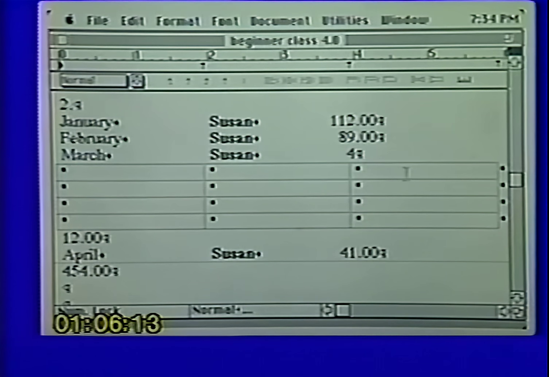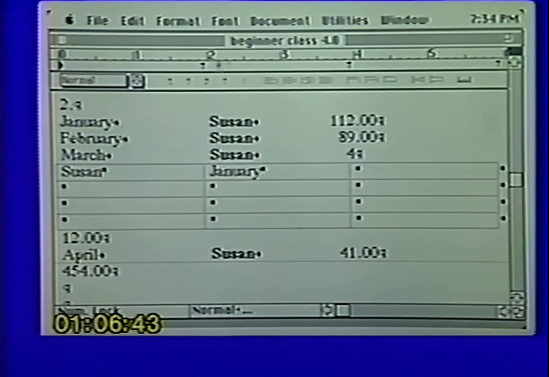Now that I've got my little grid showing here, and you'll notice it gave me 3 columns and it gave me 4 different rows coming down. I can now type Susan, for example, and now you use your tab button. And your tab button works just like Excel. It'll go from cell to cell. And I can go along now and select and put in each of the different factors. I could put in January at this point and go along and put my different sales figures.